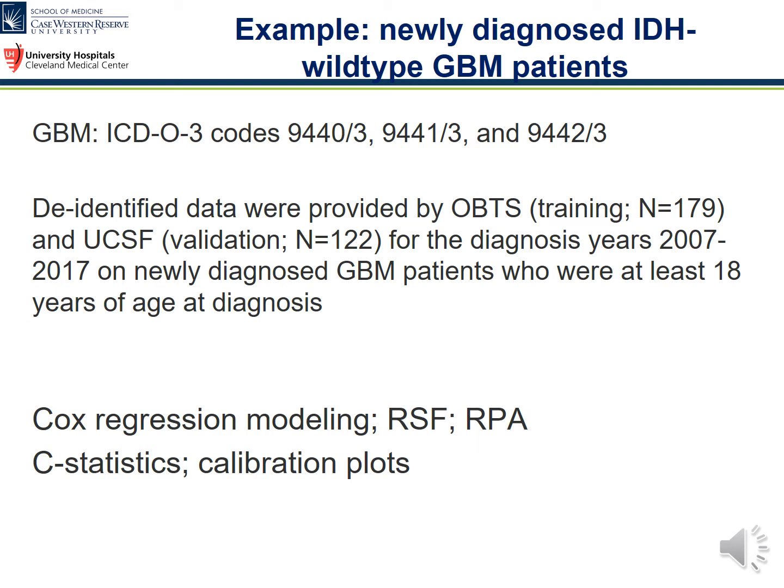We used 3 different types of survival modeling and then compared those models using C-statistics and calibration plots. And we used standard Cox regression proportional hazards modeling. We used random survival forest modeling, which allows you to, in an unbiased fashion, model variables and their association with survival. And then also recursive partitioning analysis, which is a standard analysis that's been used for many years by some of the clinical trials consortia, such as